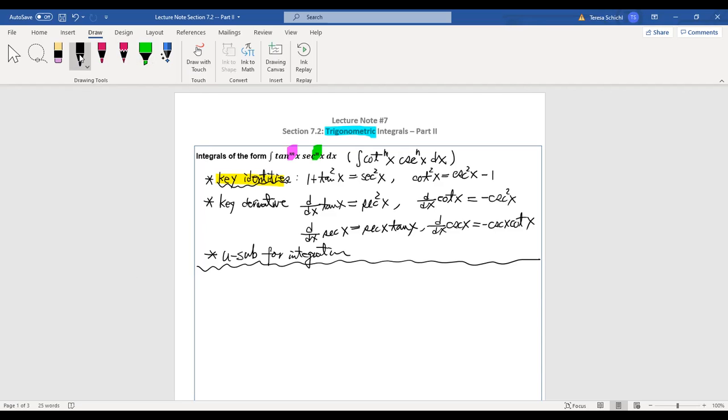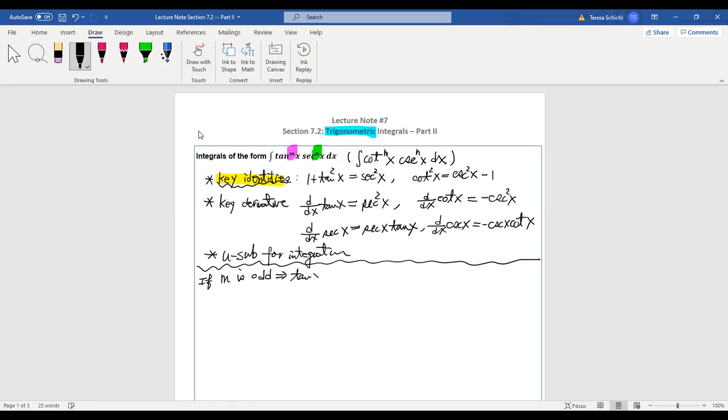Now let's take a look. If the power of the tangent here is odd, that means if it's a tangent to the 5th power or the 3rd power, it doesn't matter. If it is odd, it doesn't matter what the n power is. So what you should do here, because of the tangent, is